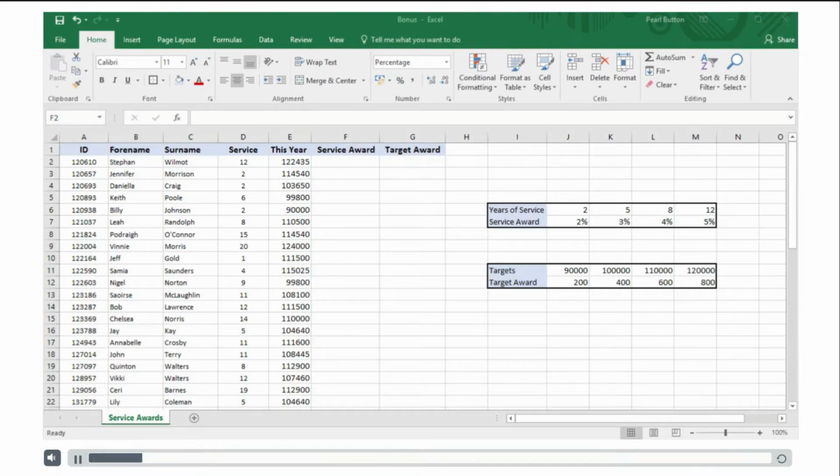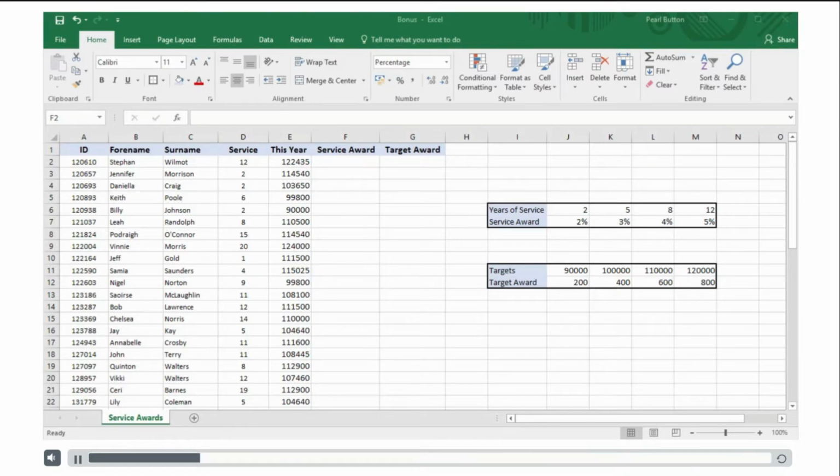There are a couple of rules to follow though. The value you're looking for must be unique, therefore must not appear on the lookup table more than once, and the value you're looking for needs to be in the first row of the lookup table. If the values in the first row of your lookup table are numbers, it helps to have the numbers listed